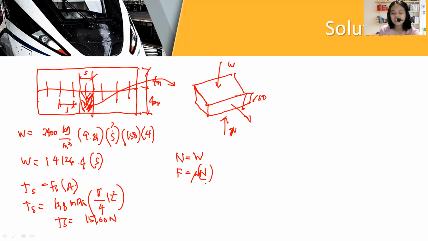Para makuha natin mu N, that is a force affected by friction. So yung ating friction is given tayo ng mu or friction coefficient, that is 2.0. Coefficient of friction at the subgrade. 2.0 times yung sa weight natin, kasi yun din yung normal force natin, 126.4 S. So, yung friction force natin is equal to